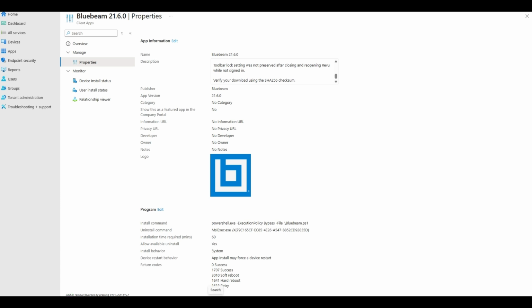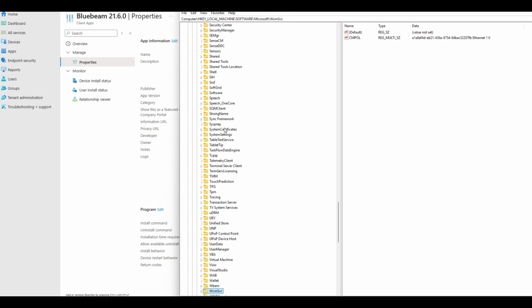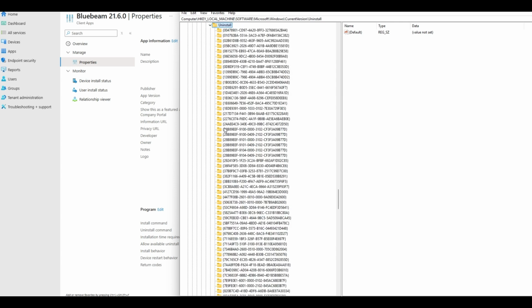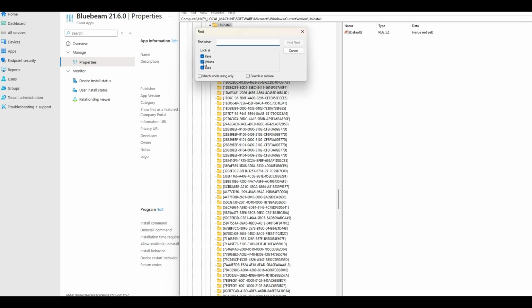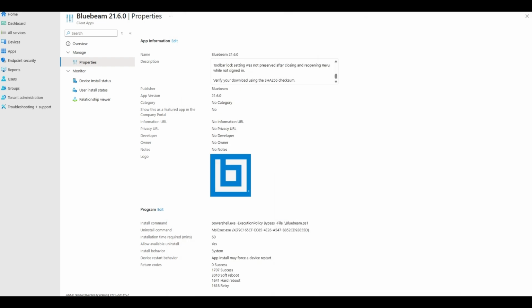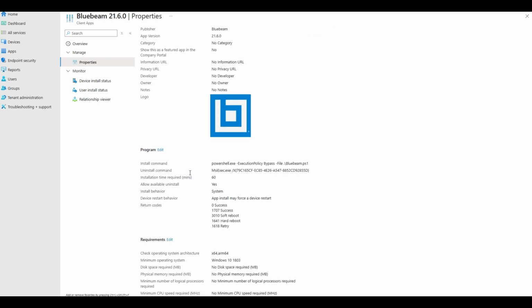So you're going to go into your registry. We'll bring that up, and we're going to go into Microsoft Windows CurrentVersion Uninstall, and find our uninstall key. So just look for Bluebeam, and there you go. You'll have your Bluebeam uninstall string. Just copy that and put it in there. We also use this key for the detection, so we will grab this key, but we will key in on the version for detection, and I'll show that so you can see that